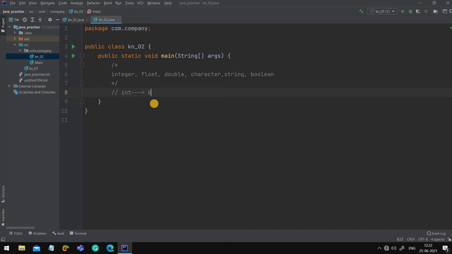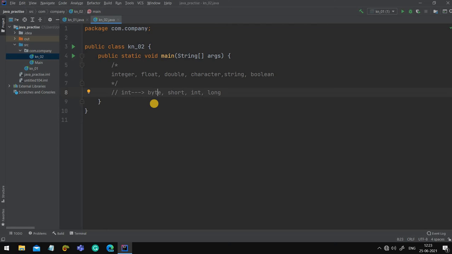Okay, now in integer the smallest is byte, after that it comes to short, after that it is integer itself. Okay, let me write it int only. After that it is long integer. Okay, long it is written. Now this byte stores only 8 bits. It's a very small value, only 8 bits it will store. And this short can store 16 bits I guess, or 2 bytes we can also say. Int is storing 32 bits and long is storing 64 bits. Long is the biggest one. Okay, so their range varies. The range you can check out in Google.